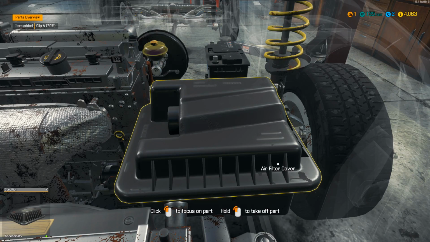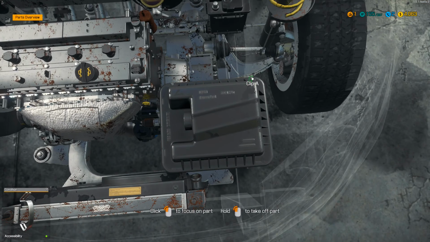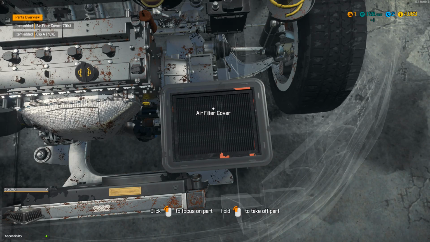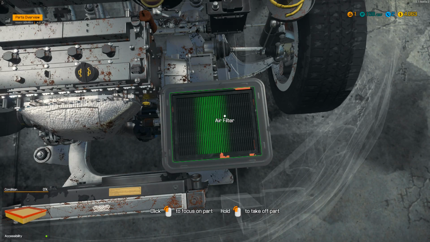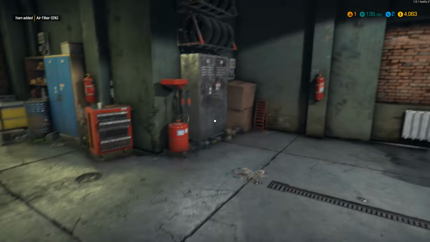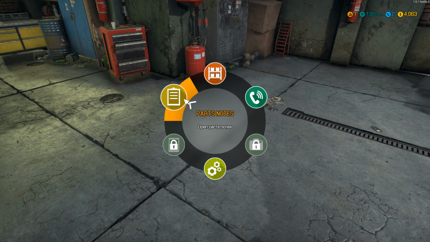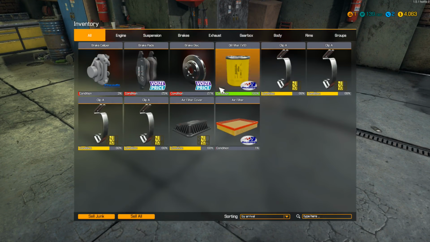And then take what? What did I miss? Oh, there's some on the other side. Of course there is. And don't lose those little clips. Alright, and then let's take a look at the air filter. Alright, sweet. Now, let's look at our parts notes. No, not the parts notes. Let's look at that. Okay, so...